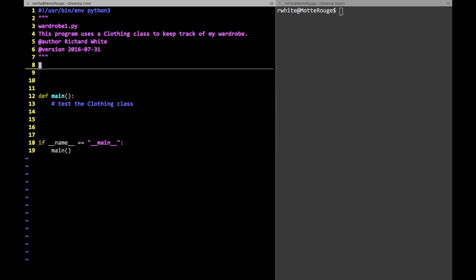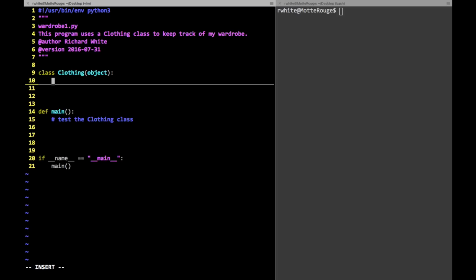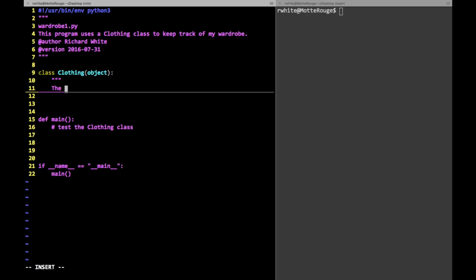So I guess the first thing I want to do then is write that class. And if you remember, the way we write that class is we use the keyword class. We indicate what the name of the class is going to be. And then in parentheses, we're going to put the superclass here, which is object. It turns out that that's optional actually for Python, but we're going to go ahead and put it there for form's sake. And I'm going to put a doc string here just to describe what's going on and explain that the clothing class defines a piece of clothing